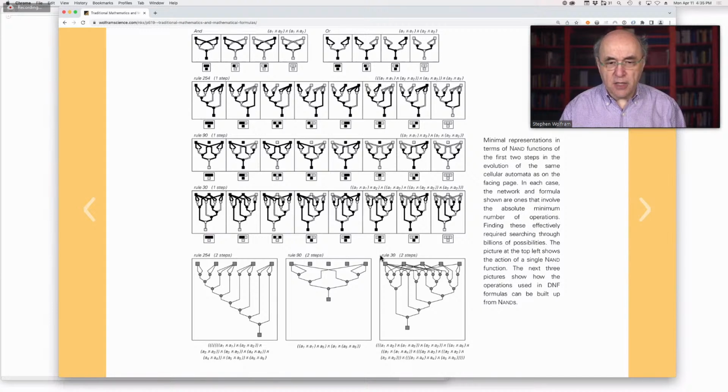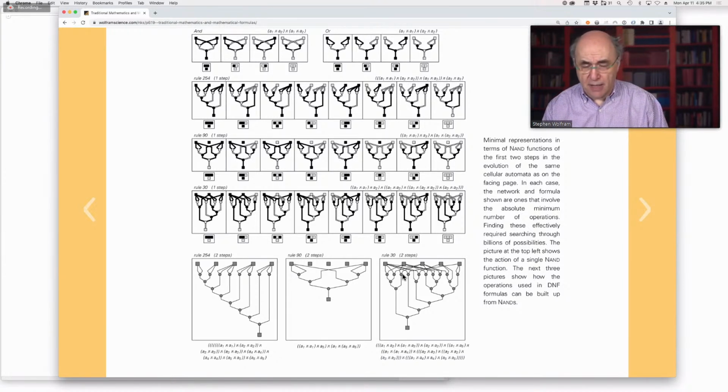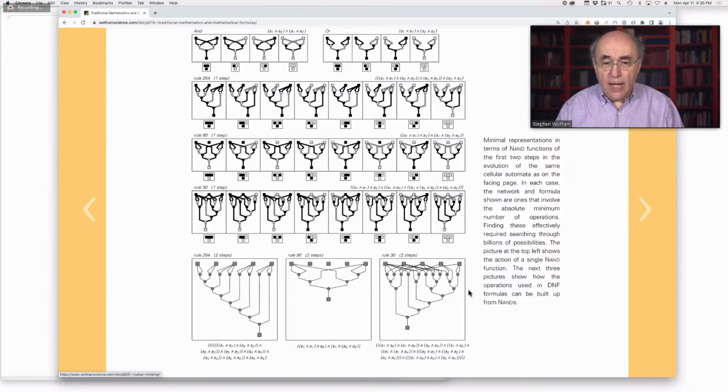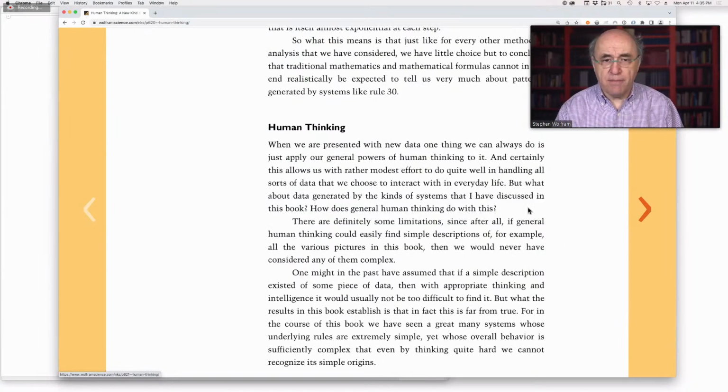This is again asking, if you look at these different rules, like rule 90 after 2 steps, it's still a fairly simple collection of NAND gates. Rule 30 after 2 steps is already a much more complicated collection of NAND gates. And I have no doubt that if you go to successive steps, if that was computationally accessible nowadays, that you could get further, and you would see that this thing is of rapidly increasing complexity.